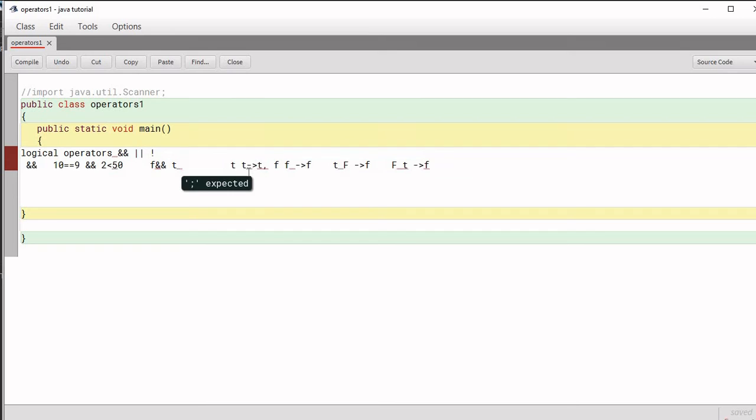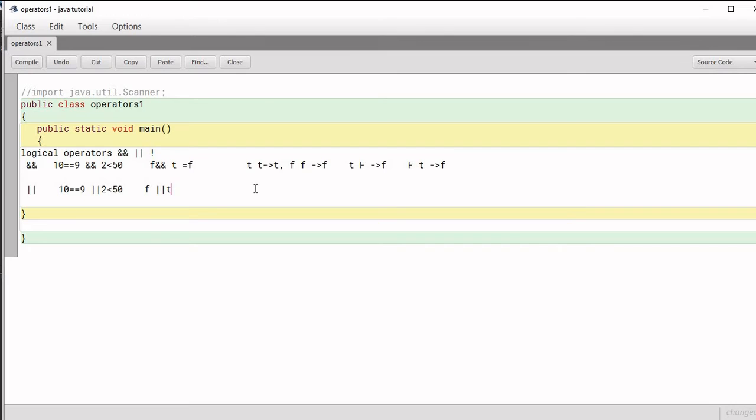So in this particular example, what will be the answer? Because one value is false and one is true, if there is one false, then it is going to return false. Understand? But if you do the same thing for OR, suppose we write 10 is equal to 9 or 2 is less than 50, then again the equation becomes false or true.